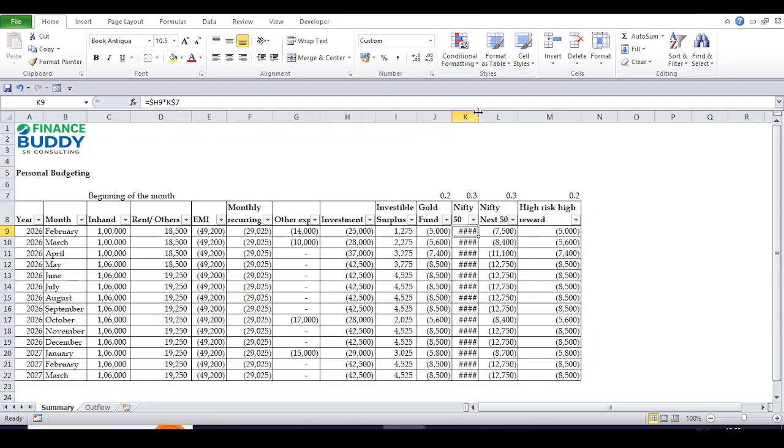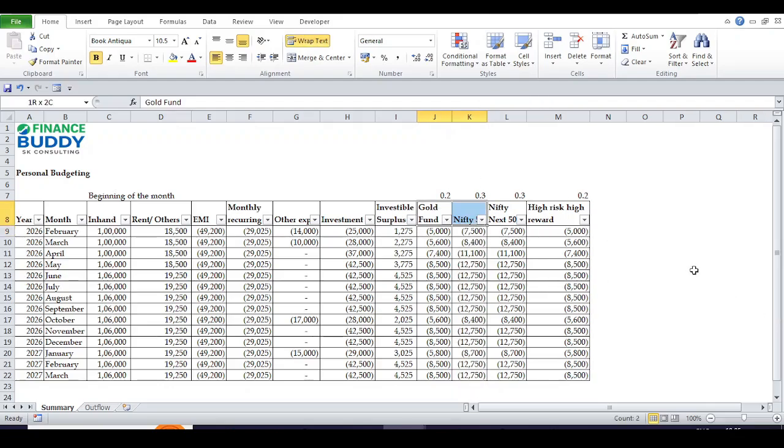Now the next section is your investments. So I highly recommend that you should not invest in a lot of mutual funds and a lot of asset classes. So maybe let's say you are investing 20% of your investable funds that you see here into gold. So the formula will be H9, that is investment, multiplied by J7, that is basically how much you are allocating. You can change it at your discretion. It could be like 0.1,